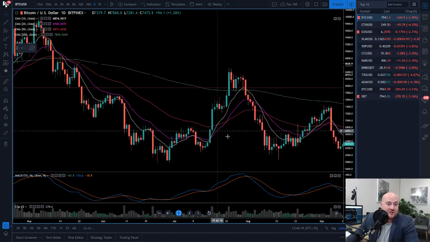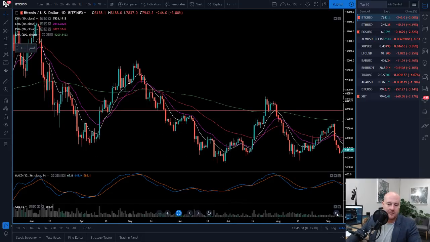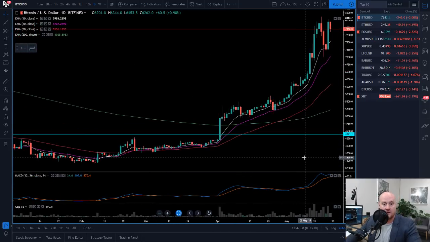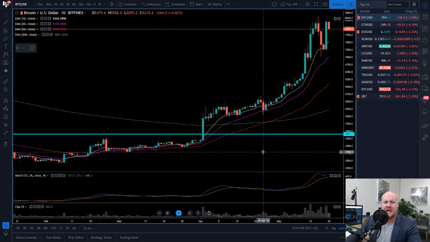How much can you hold this? Do you see what I mean? What's going to happen is that because price continues to move and oscillate, the moving averages will move and oscillate with it. So if the price goes down and then back up, well, that 50 period moving average is going to follow it as those candles are closing. So the use of a cross as anything, in my view,